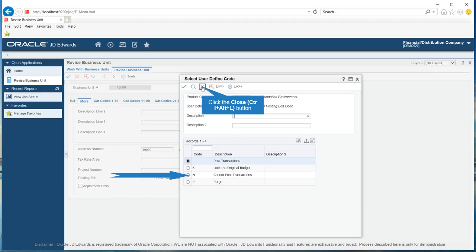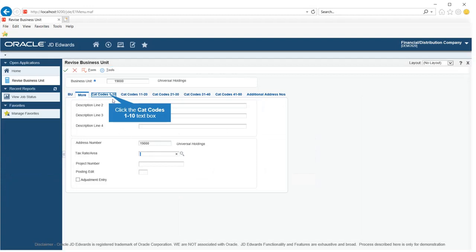Use this code for a job that is not started or is closed. P, do not allow transactions to post to this business unit. The business unit can be purged. Adjustment entry. Select this checkbox to restrict the business unit and all associated accounts to adjustment entries only. This checkbox allows you to post adjusting entries for journal allocations, reburdening, and so on to business units that might otherwise be closed for regular transactions.